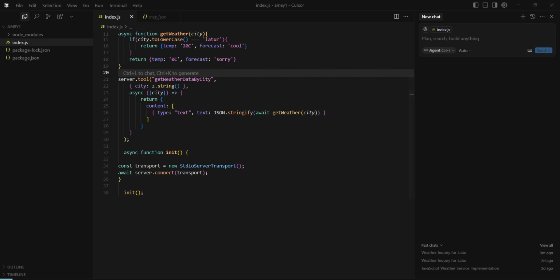Let's understand how it works. So let's enter, what is the weather of Latur. Let's enter. If you see, it is generating the request that we entered,